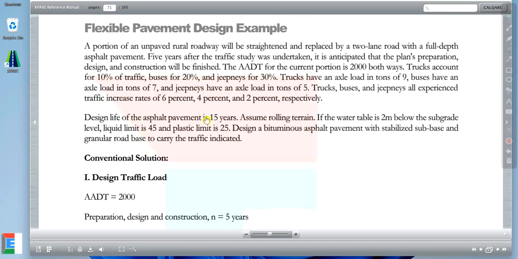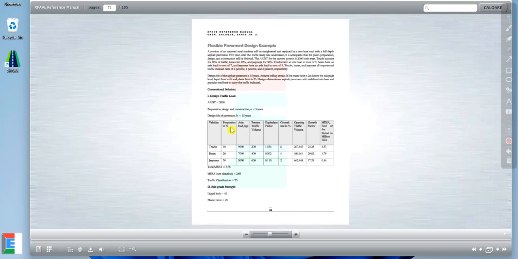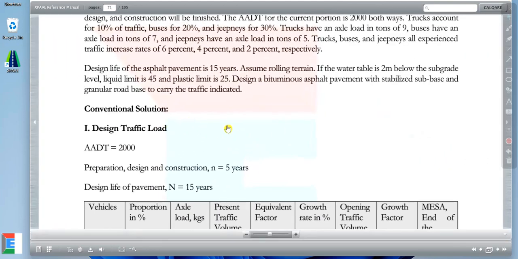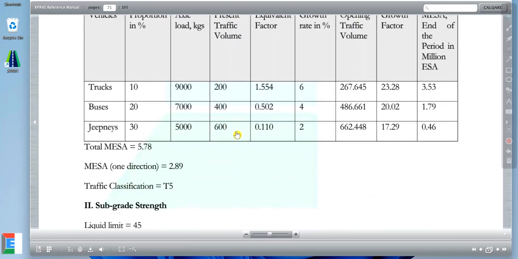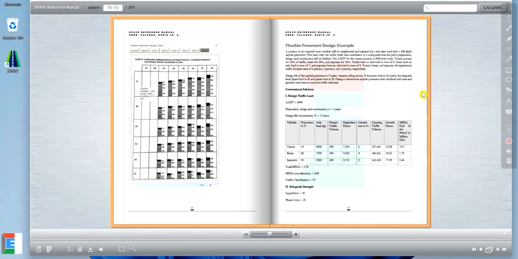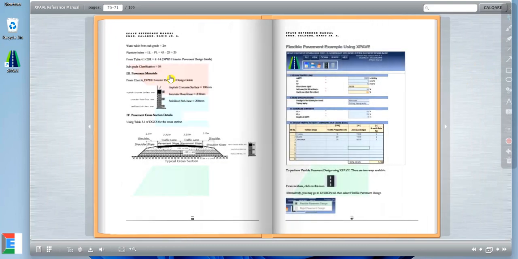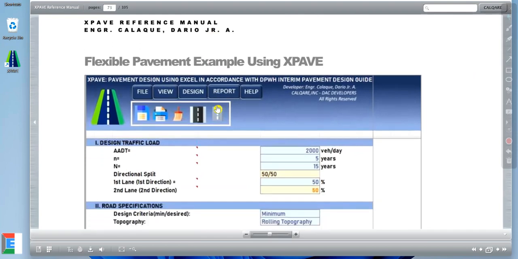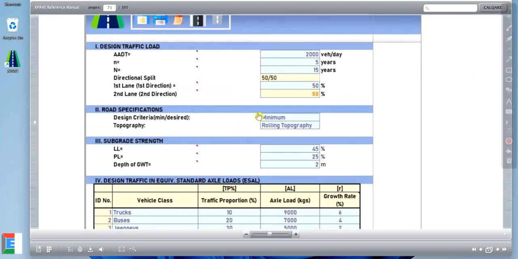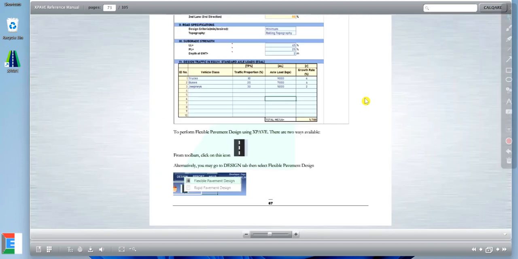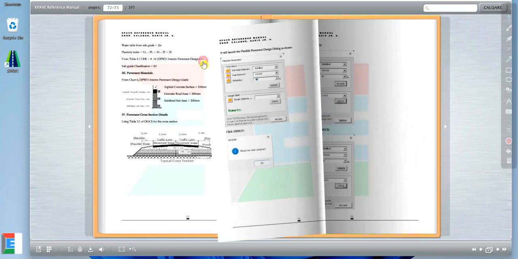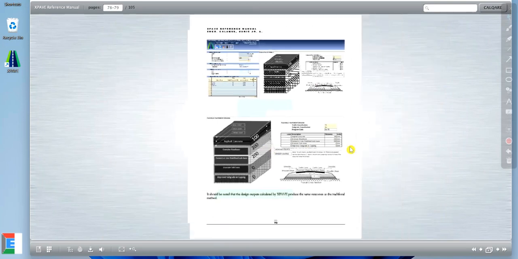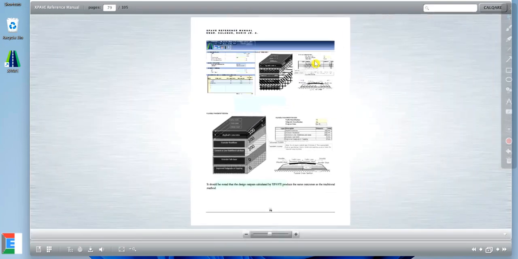So here in the reference manual, the design traffic load is also included. I mean the conventional solution, step by step. So I also showed it here. And aside from the conventional method, we also included the calculation using the XPAVE program, also step by step. And so this is the final output of XPAVE. Okay, so